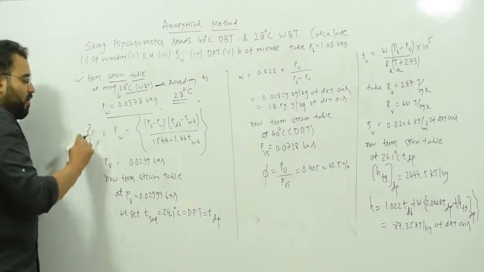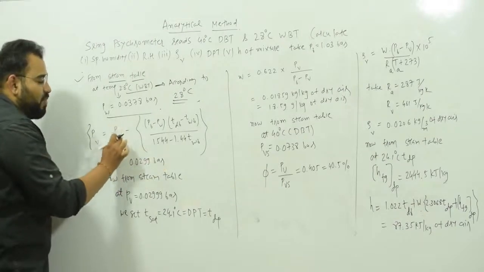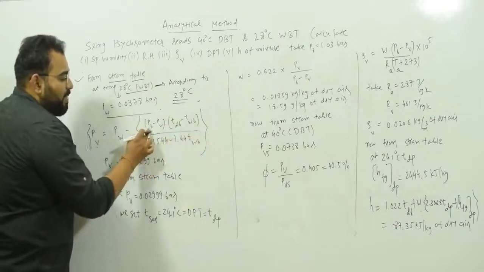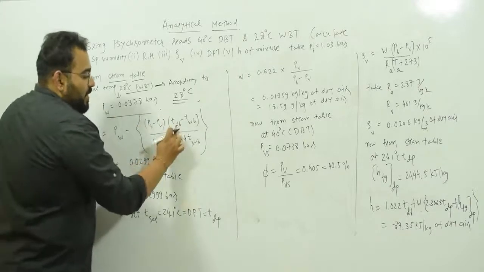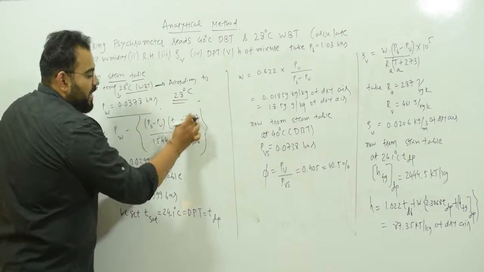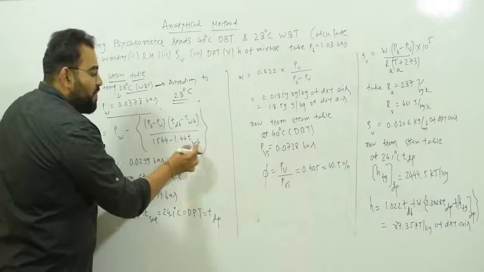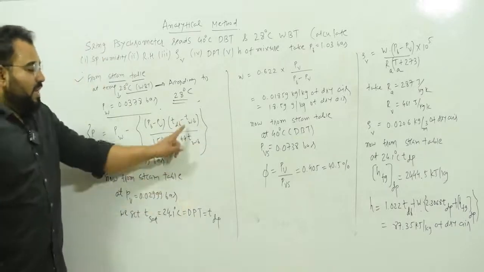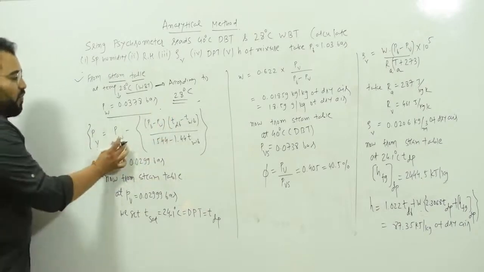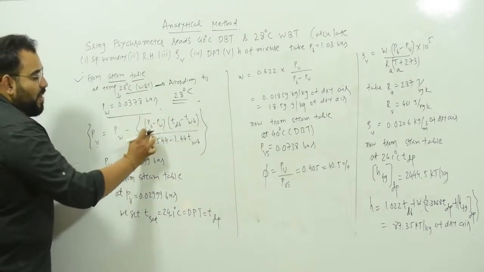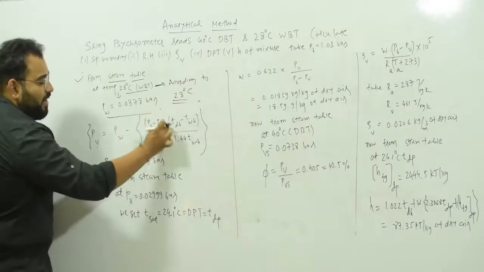Now the vapor pressure. To find the vapor pressure, this is the Carrier equation. The equation is PV = PW minus (PB minus PW) times (TDB minus TWB) divided by (1544 minus 1.44 TWB), where PB means atmospheric pressure, PW is what we found over here, TDB means dry bulb temperature, and TWB means wet bulb temperature. Always remember, in this equation you have to put the temperature values in degrees Celsius only.